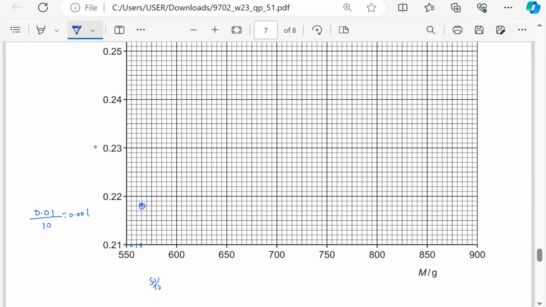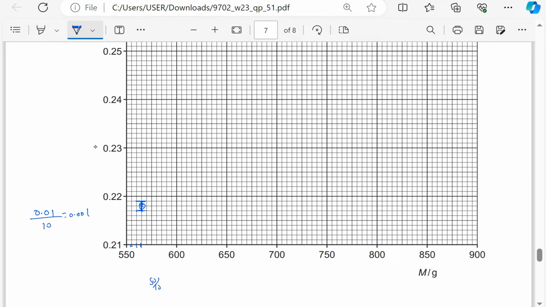Then the scale, remember, was 0.001. I mean the uncertainty. So 0.001, that is one small box at the bottom and one small box at the top. Remember to pass the pencil twice with the ruler, of course, to make this look bold and thick. Then I draw the vertical line. Yours should be better because you're drawing on paper. Make sure the lines are thick. Then the next one was